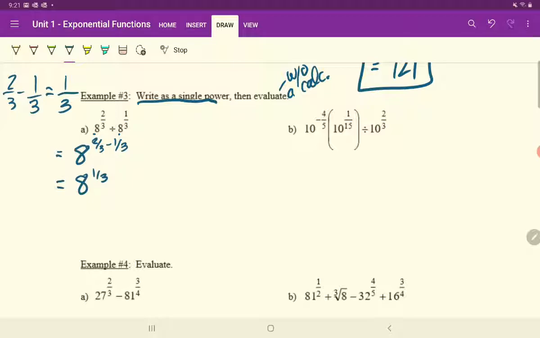Now we have to evaluate, and I have no clue what 8 to the power of 1 over 3 is without a calculator, right? But if I convert this to a radical, meaning I take the cubed root of 8 to the power of 1, I can figure out what number times itself 3 times equals 8. It's 2. 2 times 2 times 2 equals 8. So my answer here, my evaluation, the answer is 2. And I didn't even have to use my calculator because this radical was simple enough that I can do that